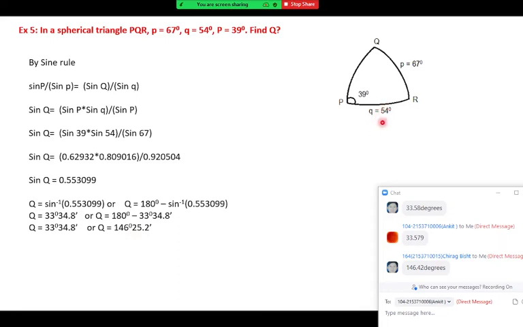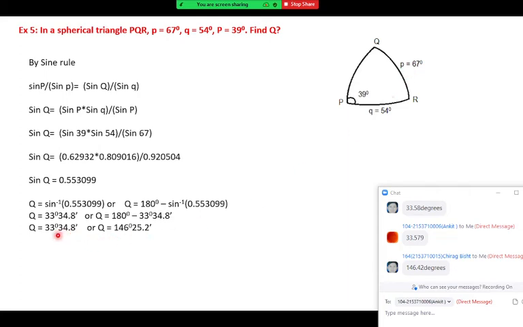Now don't focus only on small angle, because small means less than 90. You have to compare. There is one pair of angle and side there. So for the 67 degree side, we have a 39 degree angle. So for 54 degree, we should have less than 39 only, because the greater side should have the greater angle. So whatever this angle is, it should be less than 39, because this side is less than this side.